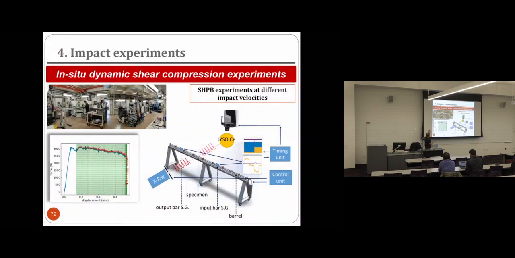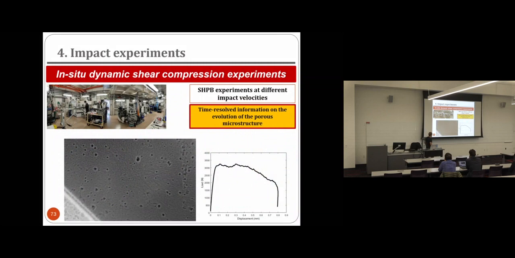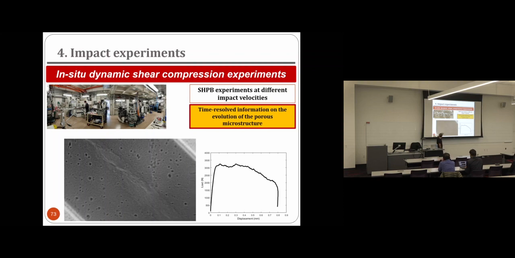So this is the ID19, because we performed this in ID19 where they have one Hopkinson bar. And this is the start of the movie. What you see here is the porous microstructure of the material. This is the interior of the specimen. These are the pores, you see the pores. And this is just the recording of how the sample is tested in this direction. You see the pores, for instance, closing, twisting, rotating, and eventually we have the formation of a shear band and the final crack of the sample.